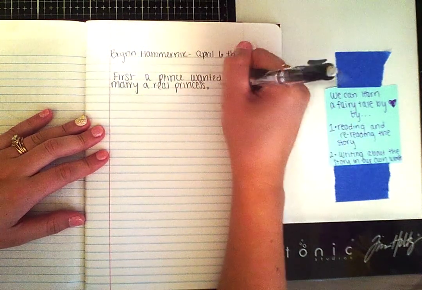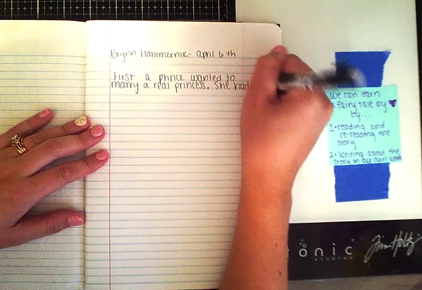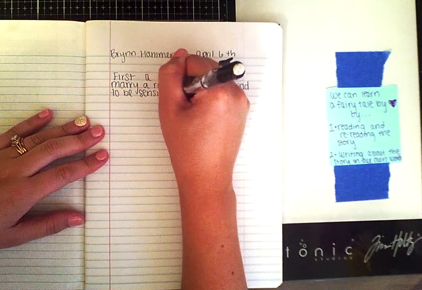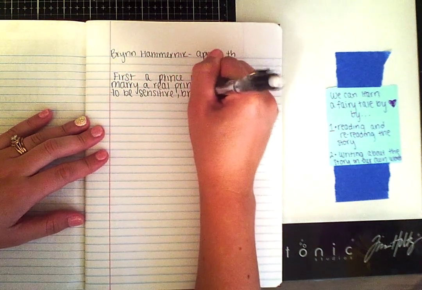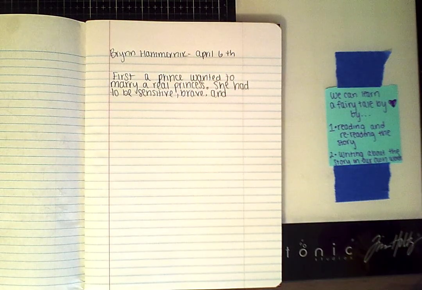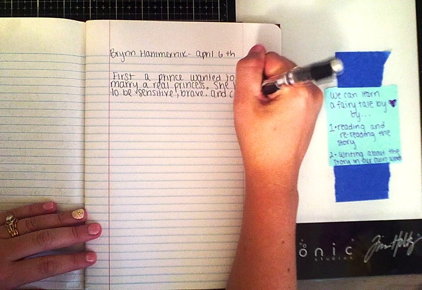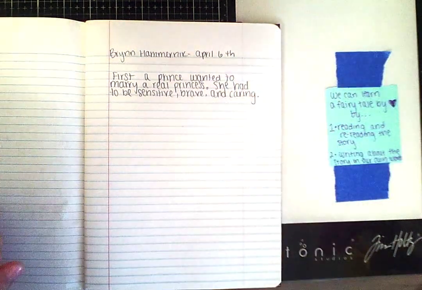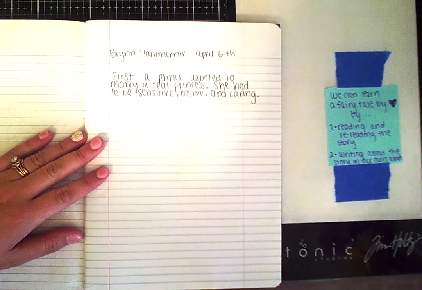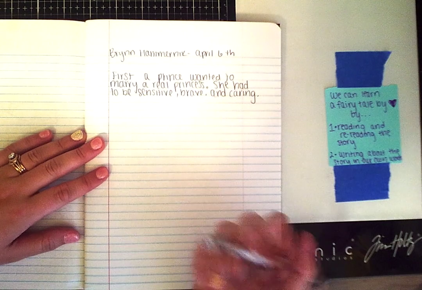Okay. She had to be sensitive, brave, and I believe the other one was kind. Caring. I had to refer back to the story. Okay, so first the prince wanted to marry a real princess. She had to be sensitive, brave, and caring. Okay, next,